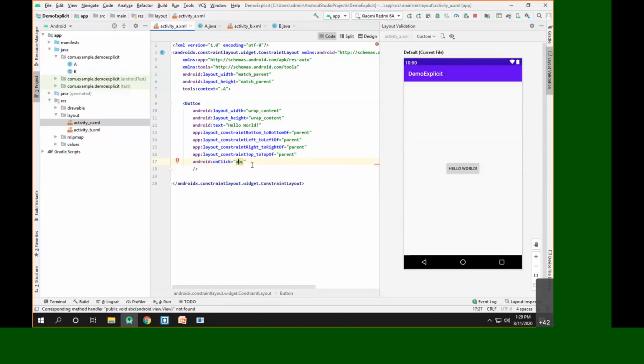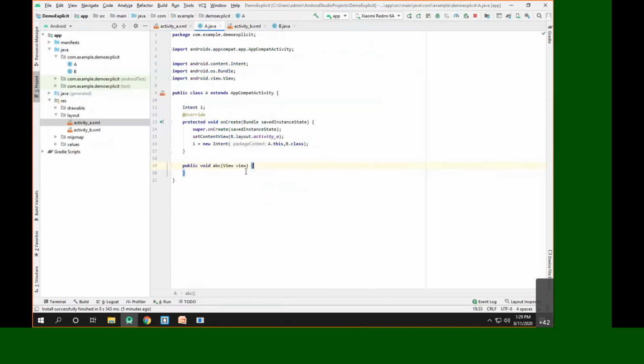So again, I'll simply press Alt+Enter here, and it will ask me to create ABC inside A. Since it is showing a red error, I'll place the cursor here and use the key combination Alt+Enter. Once we click on create ABC, you can see the method ABC is created inside which activity?